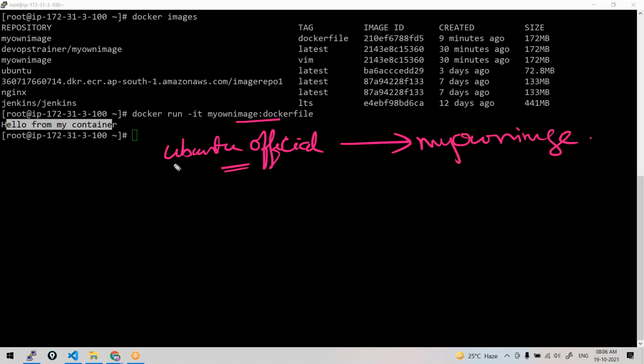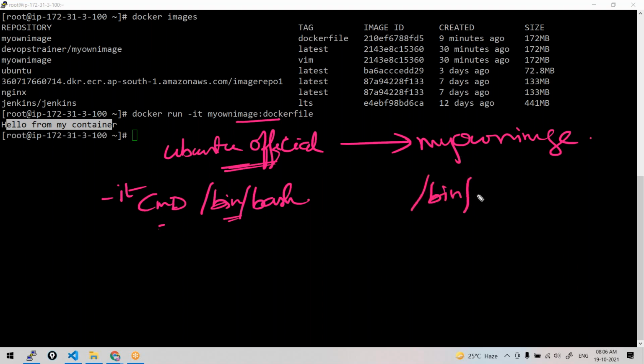For this base image, whenever I'm running -it, it is giving me a shell because here I have the CMD command /bin/bash. You can check the official Ubuntu image again. /bin/bash is the CMD command. /bin/bash means you get the terminal, you get the shell. But now here I have written /bin/echo in CMD. This /bin/echo will override the default /bin/bash. This is overwriting the default /bin/bash available in the base image. So you don't get the shell when you do -it.